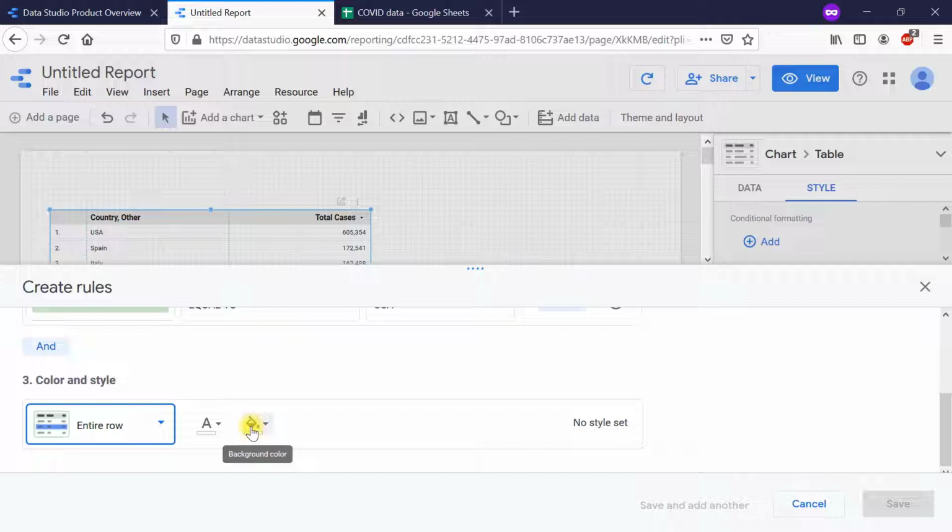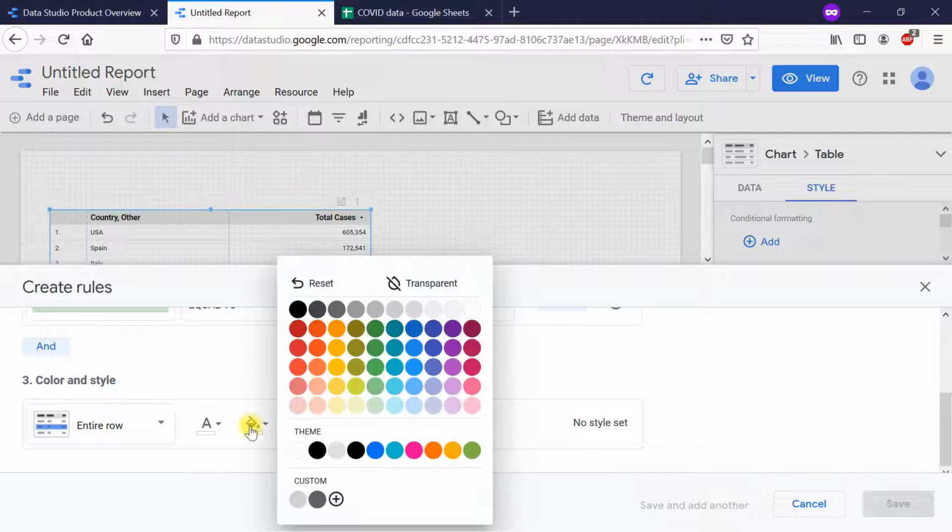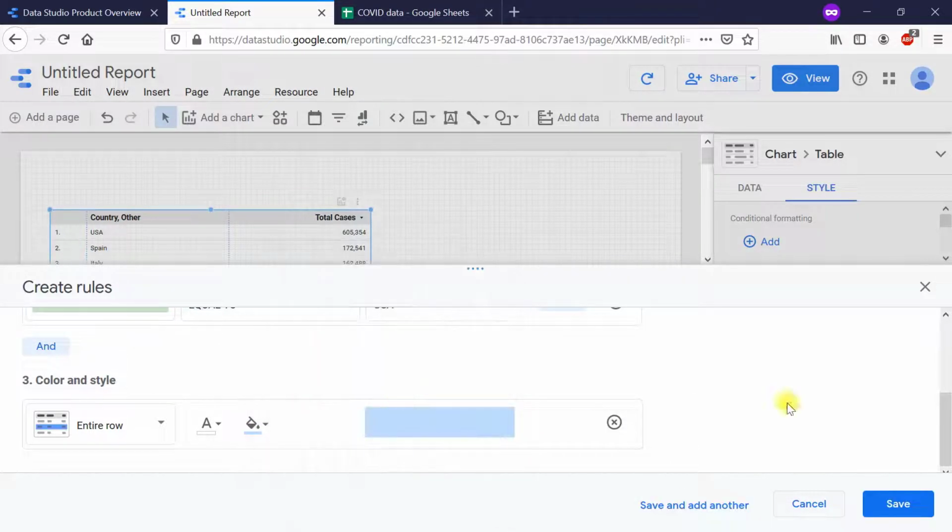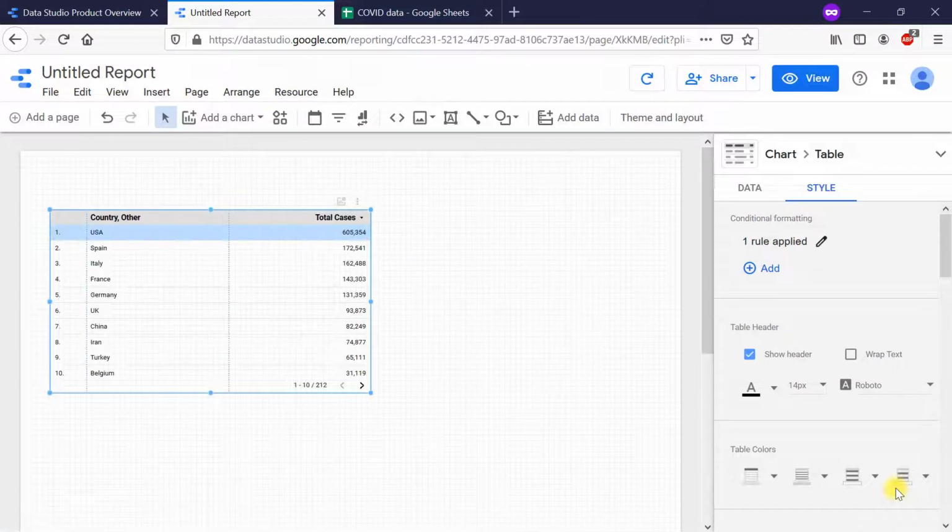We want for the entire row to be highlighted in light blue. So select the light blue color here and click on save. And here you can see that we have highlighted the entire row, which is the row for the country USA.